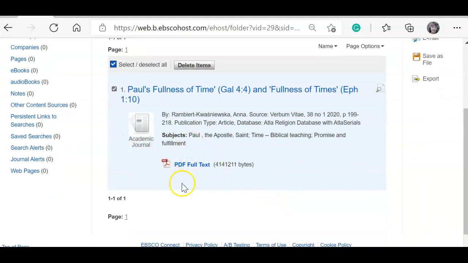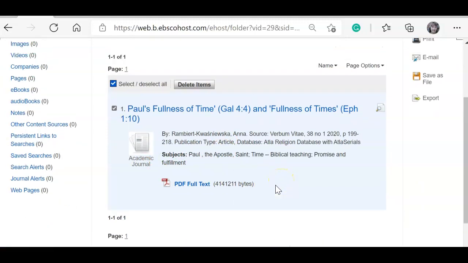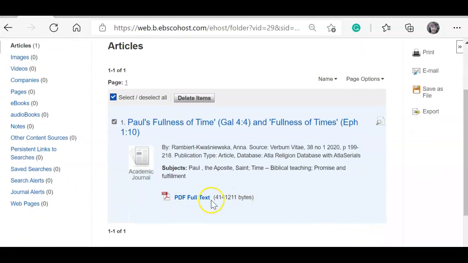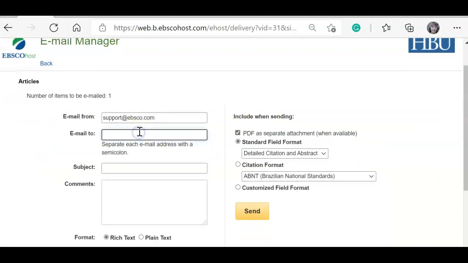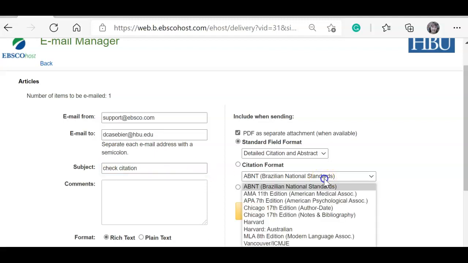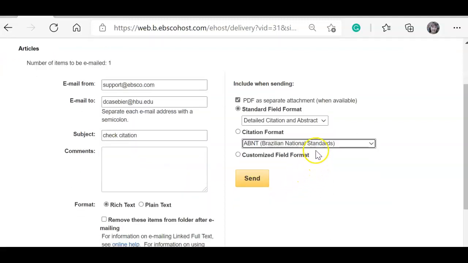Remember, if you don't have a PDF attached full text to it, when you send it to yourself, you will not get the full text. You'll get a link out to finding that full text. So I've got the full text attached. I'm going to click on email, and now I can come down here and I can put my email address in here, dkspear@hbu.edu. And I always ask it to check the citation. And in this case, I'm going to pick, let's see,